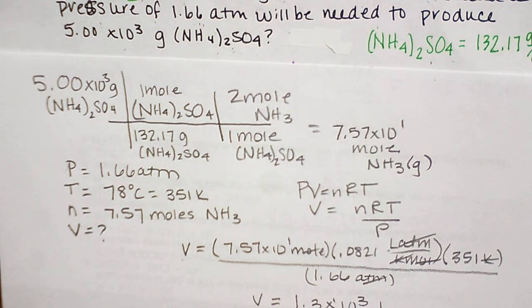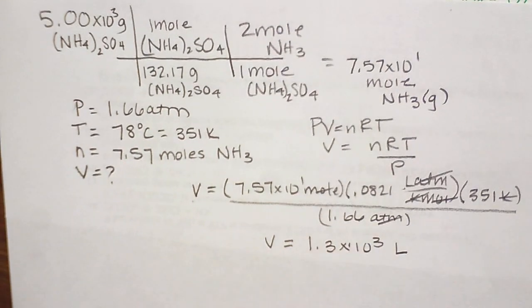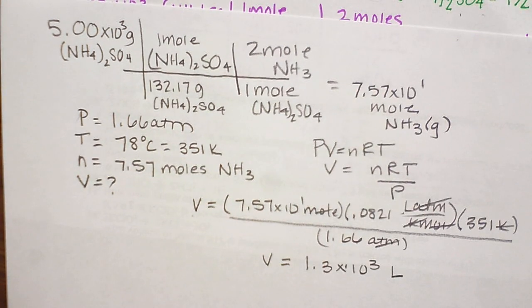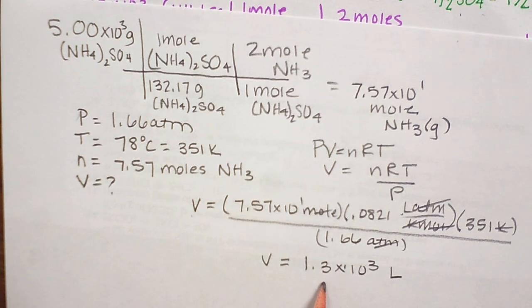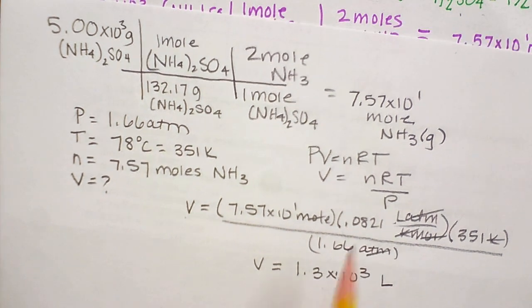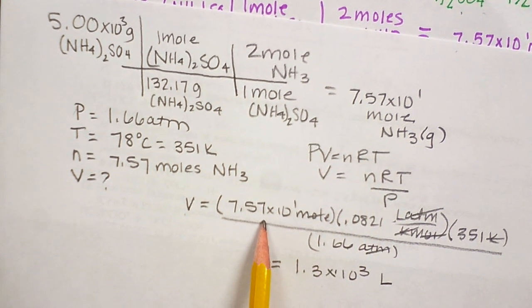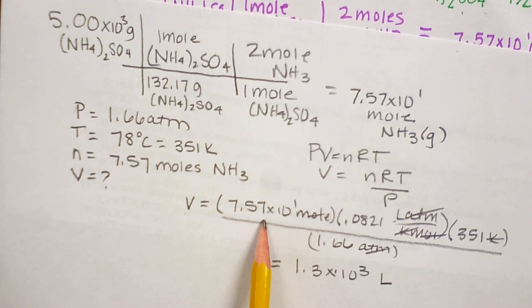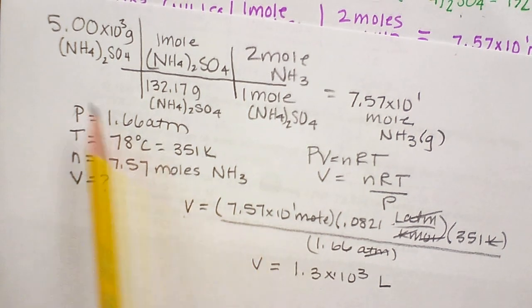Now that seems like an awful lot, 1,300 liters, all right? So, that's a lot. Am I concerned? A little bit. So let's go back and double check our numbers just real quick, because 1,300 liters seems like a lot. So I go back and I look, 1,300, but 75.7 moles, that's kind of a lot too. Let's go back even farther. Oh, wait,